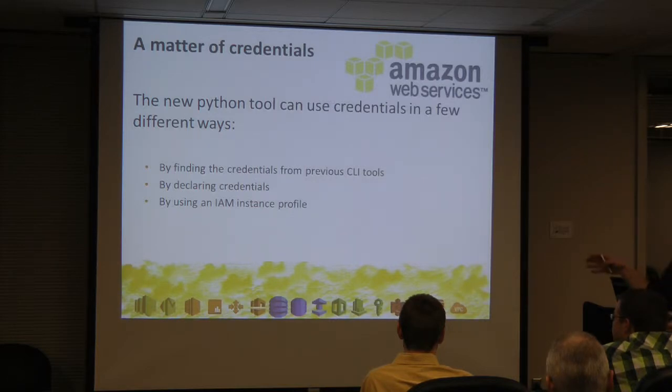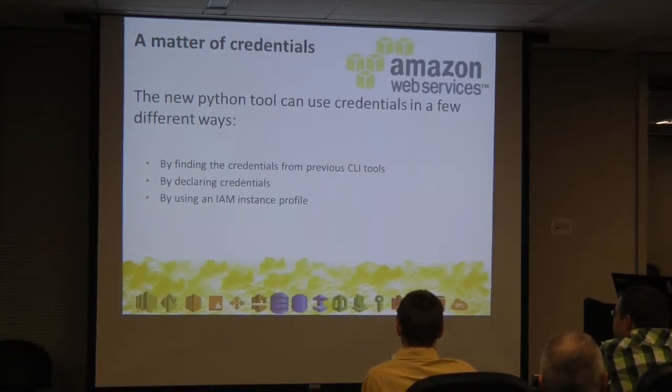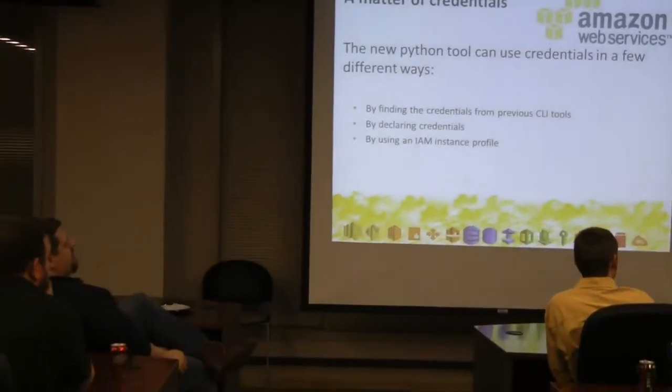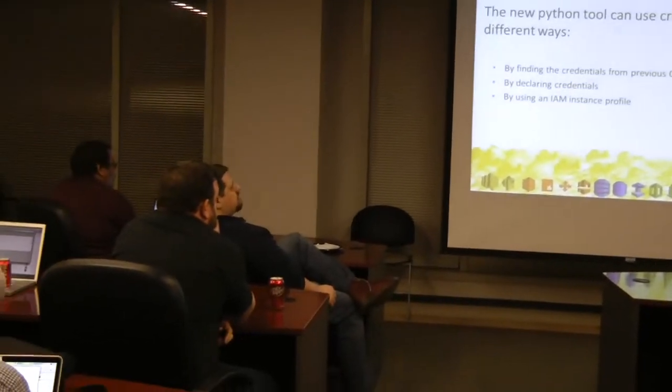And then you can also use an IAM instance profile. I think using the instance profile is the most important, because if you've set your role permissions from IAM, then you don't have to use credentials. You can tell an EC2 instance that it has permissions to use SES and send email, or to grab items from a particular S3 bucket, and then you would never have to put a credential into the AWS tool